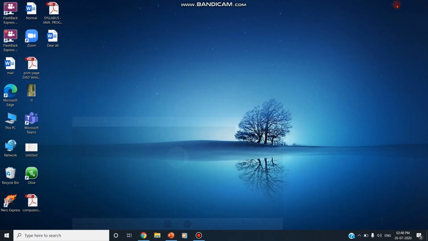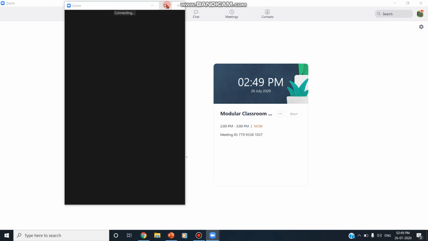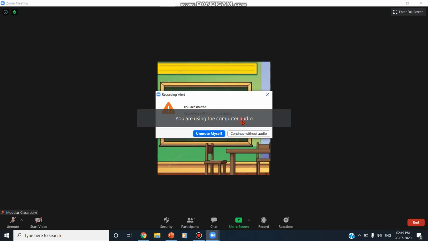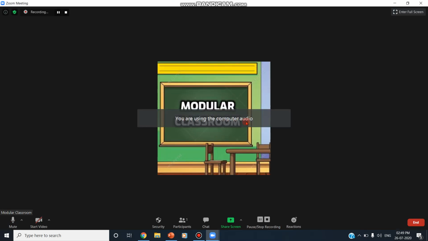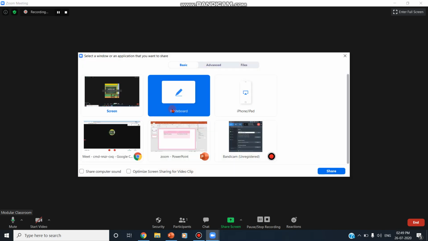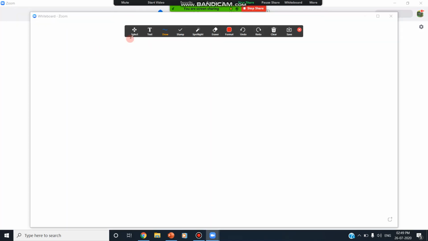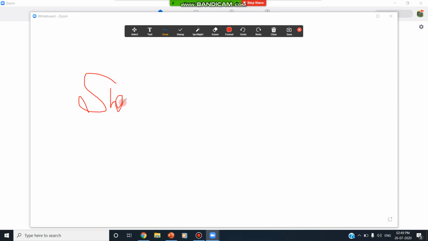So now, what is the case regarding Zoom? You can go to Zoom. Here, Zoom should be installed. It is not installed there, but here already Zoom is installed, and we can start a meeting. Here, you should go to share screen. You can take a whiteboard here. Here, the whiteboard now opens. Now, the pen is available. You can share it. So now it is already shared.